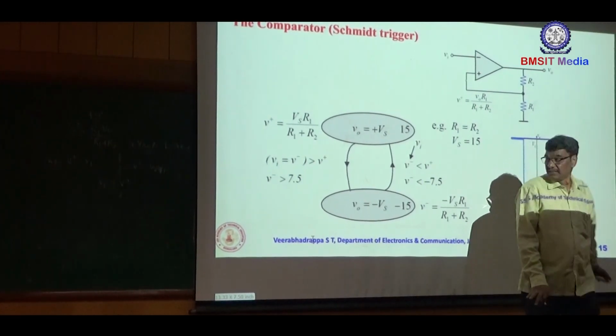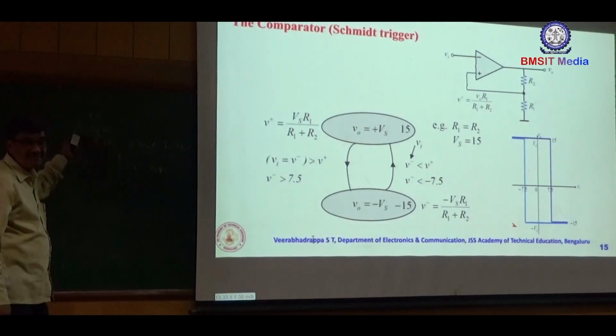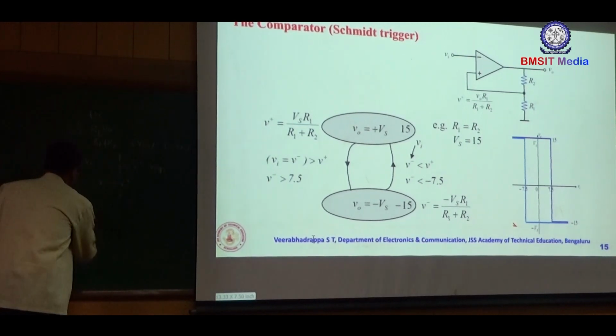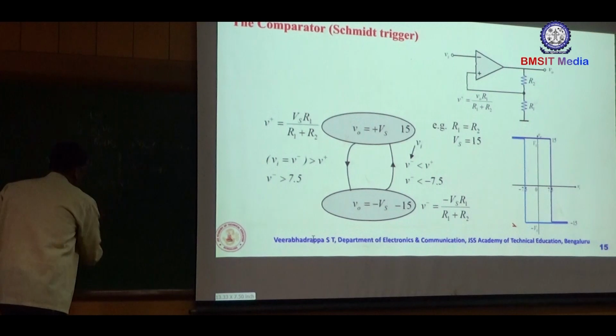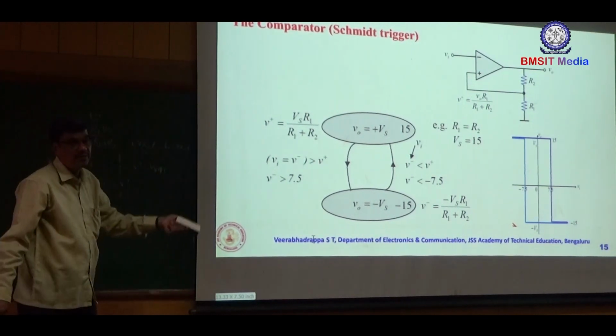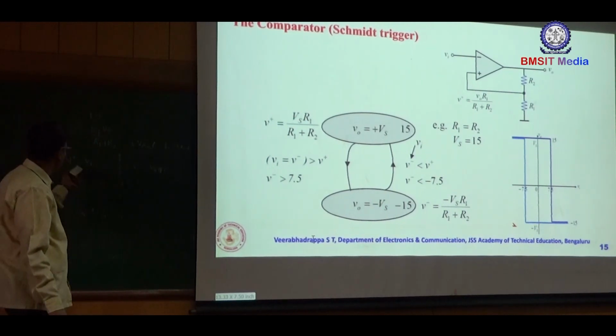Now, what is the output voltage now? V plus now is minus V, which means V plus is negative. If you are further decreasing the input voltage to less than this, whenever you get this notation,